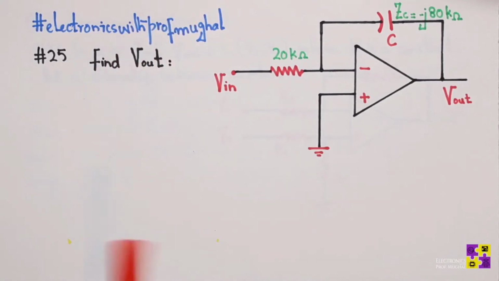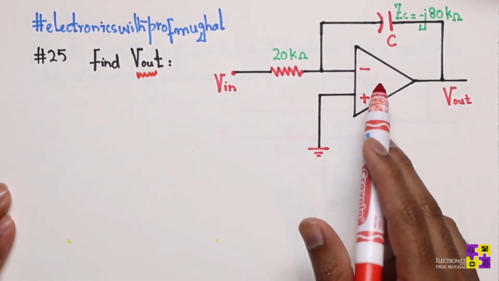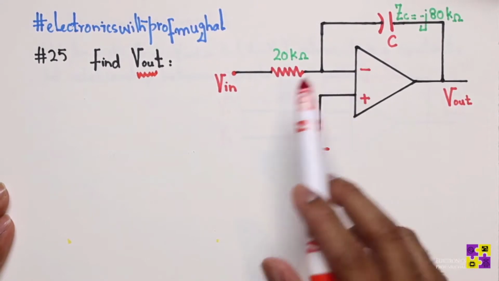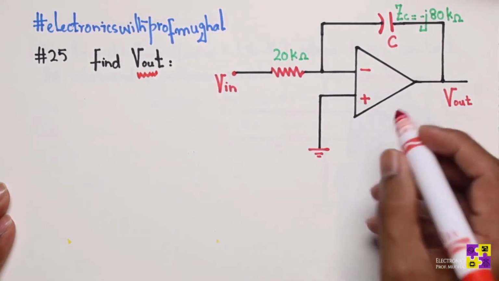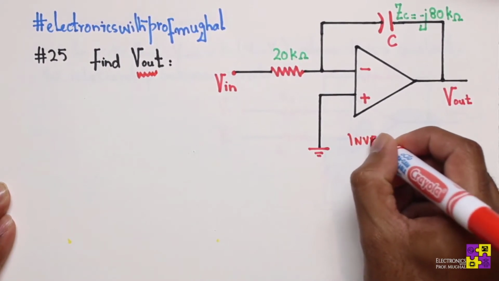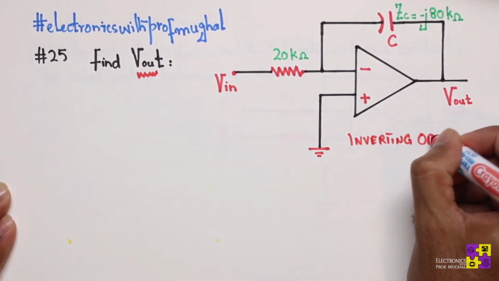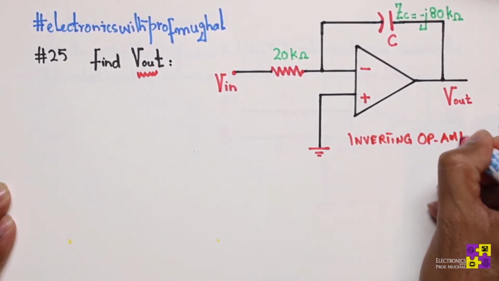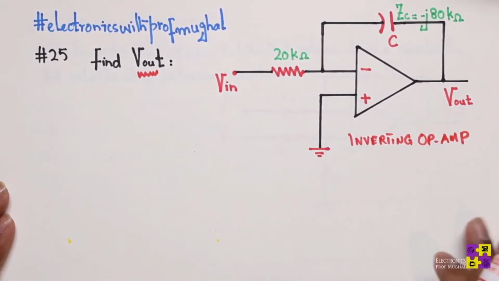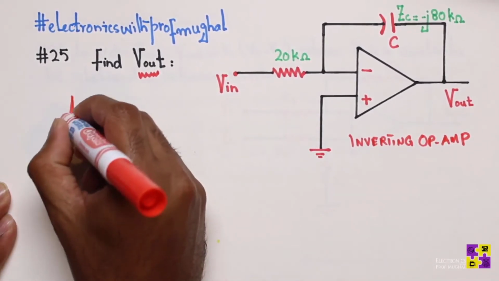All right, next we have to find out Vout, the output voltage. Now, if you look at it, the negative terminal of the op-amp is connected to the input source, which means it's an inverting amplifier. It's an inverting op-amp, right? Now, we know, and I've done this so many times, for an inverting amplifier, the equation for the gain